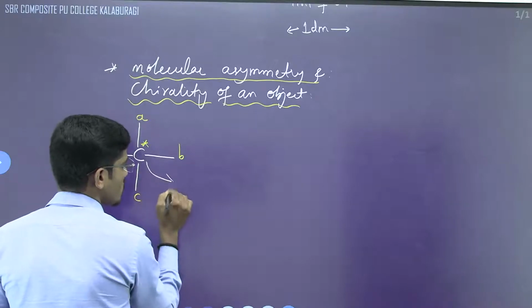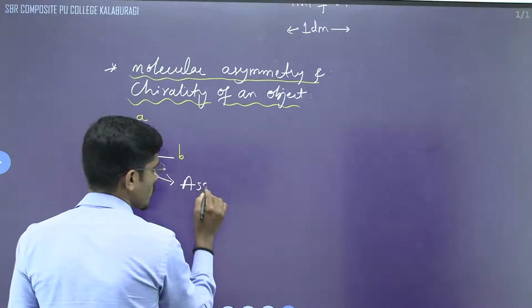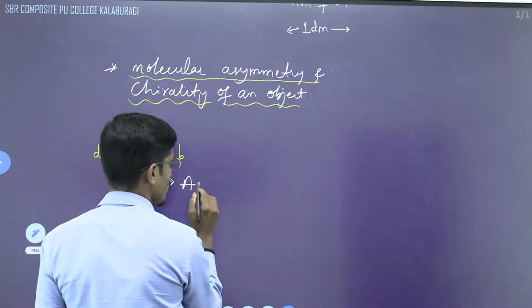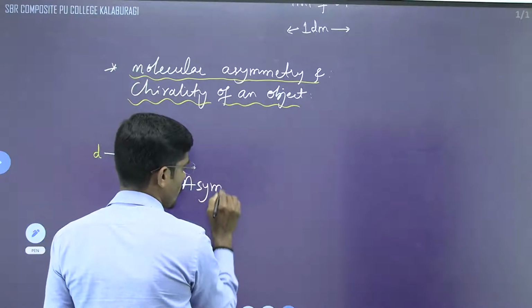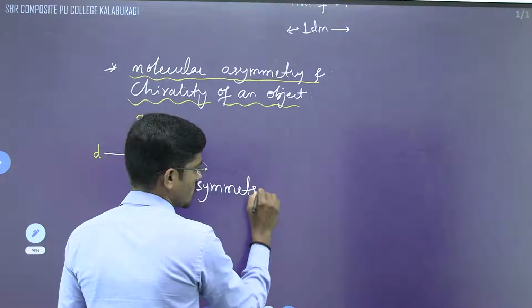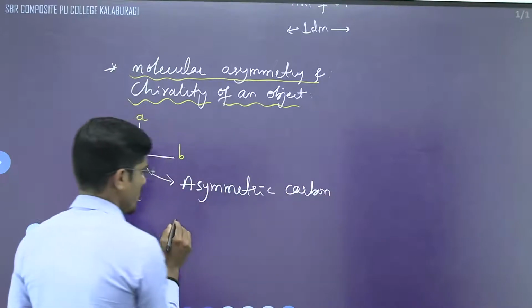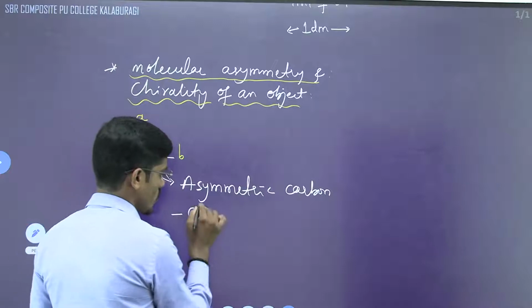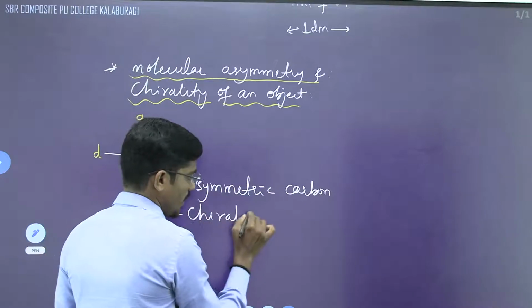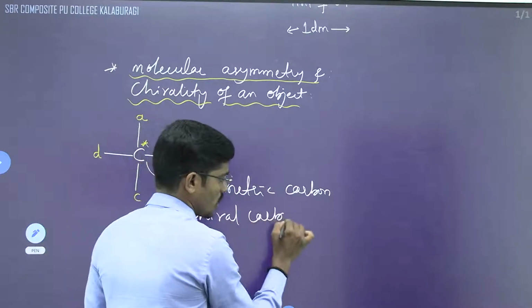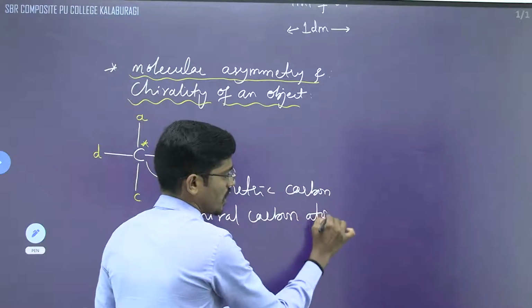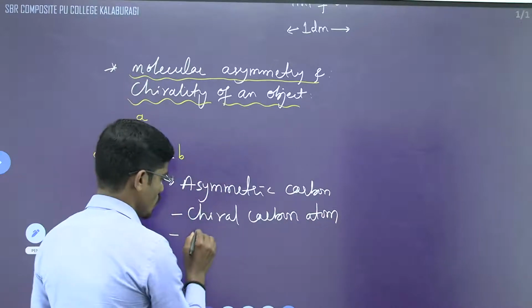This carbon is said to be asymmetric carbon, or it is also called a chiral carbon atom,